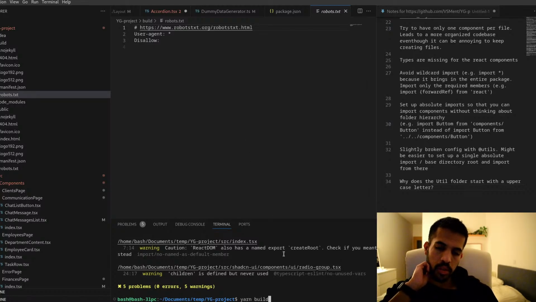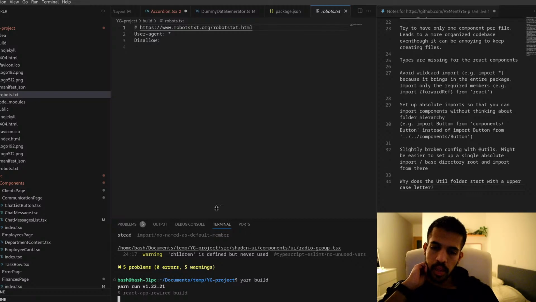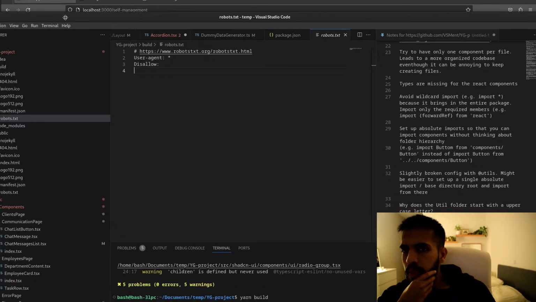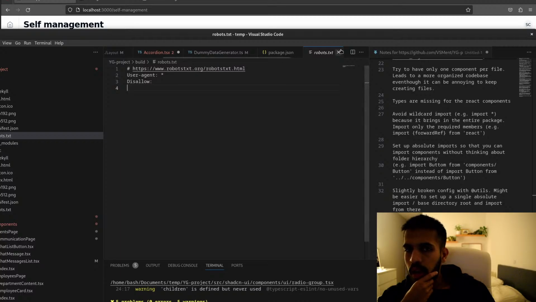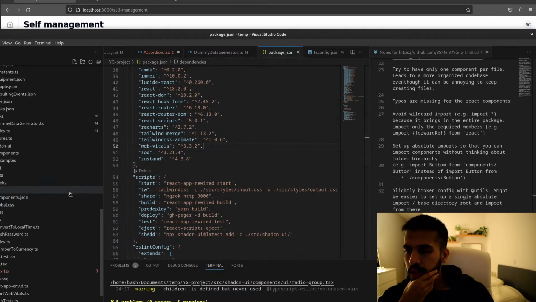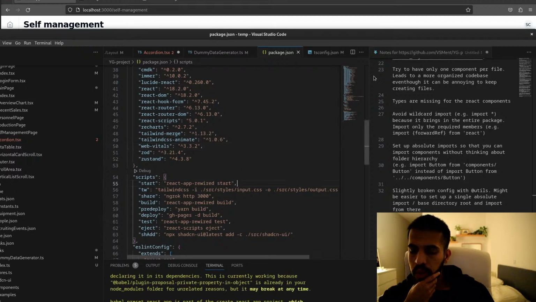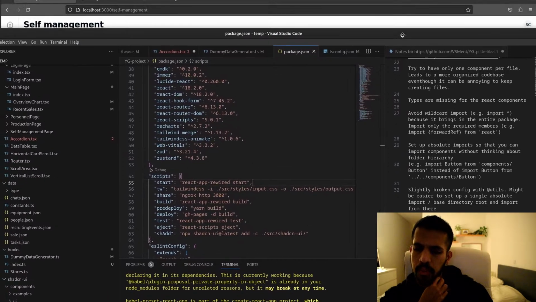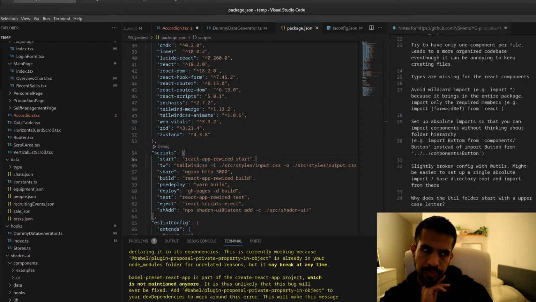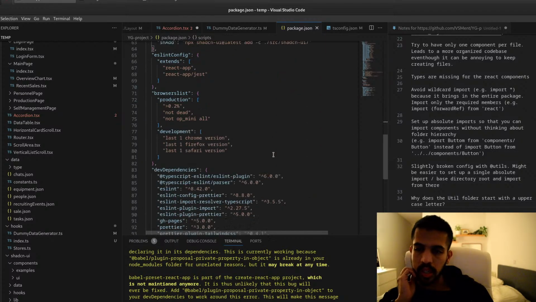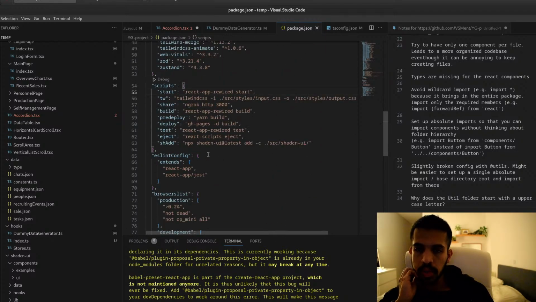So let's just run build again. This is just the sample robots.txt text file. It should be updated with whatever. I think there's probably a plugin for automating the robots.txt generation, but maybe that's overkill. It doesn't need to be done.